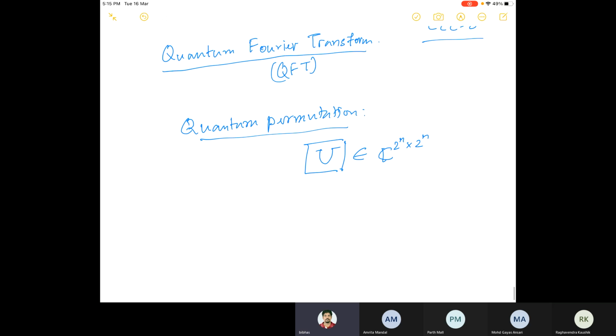And how many such permutation matrices can there be? This will be 2 to the power n factorial. So this many permutation matrices can be there of order 2 to the power n by 2 to the power n. But I'll talk about one particular permutation which will be used